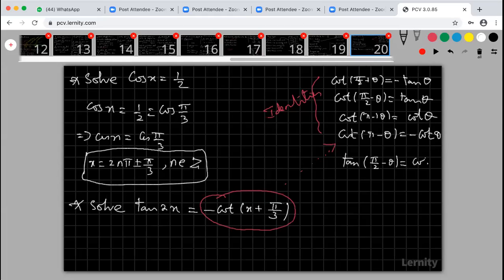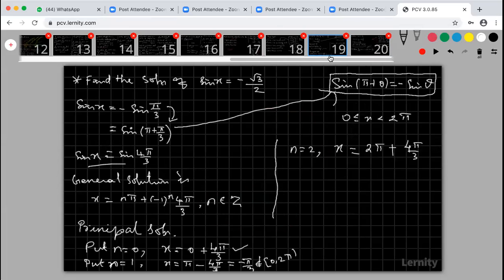That is cot theta. Tan of 90 plus theta, okay, so minus cot theta. Right? I'm going to use this identity. Why? Because this side tan is there. If this side is also tan, I will get tan of something. Okay, I will use this